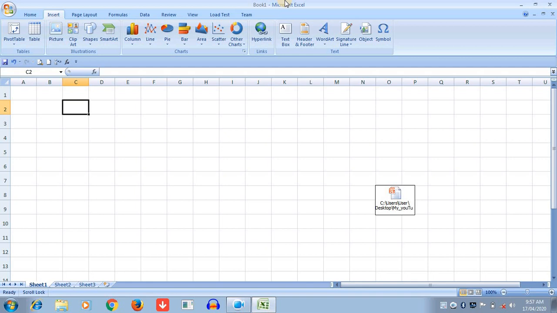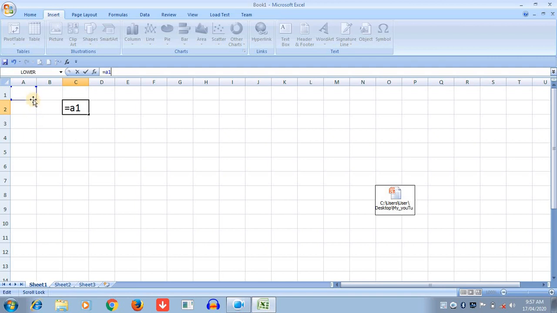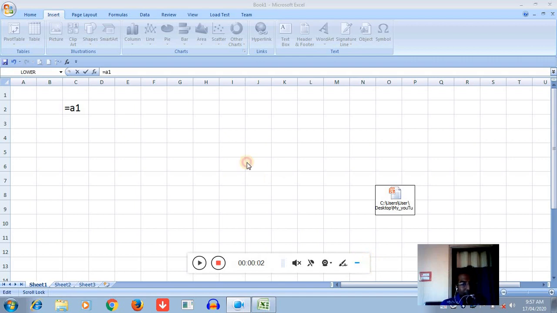Now students, focus on the Excel sheet. I have selected a group of cells through the cell reference. When you use the equal sign and type A1, that is column A and row 1. So A1 means the first cell address of the Excel sheet. If you press A1, you see that blue colored borders are selected around the cell. I have already given the cell reference inside the formula bar, and that cell will be selected here.